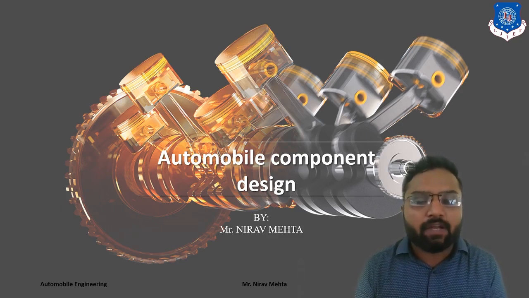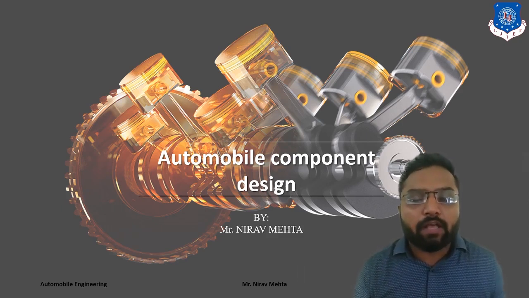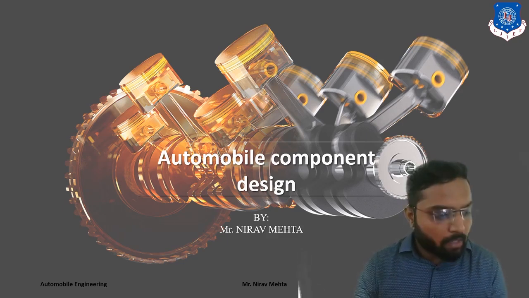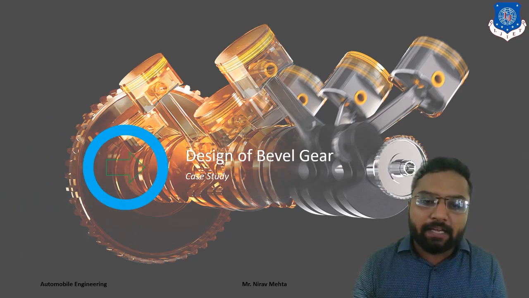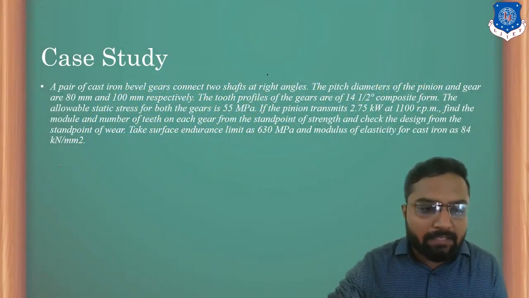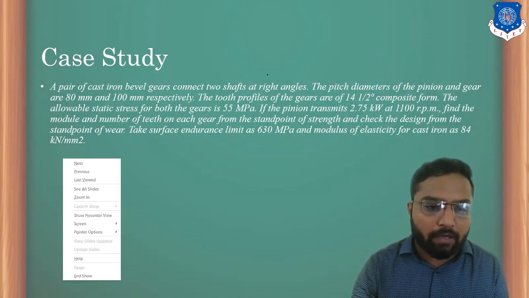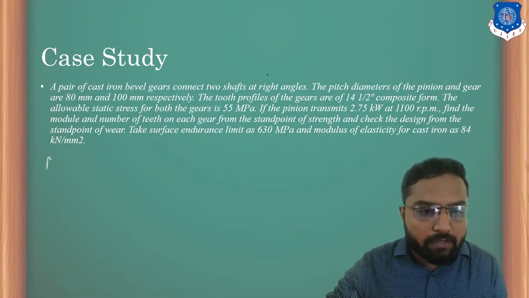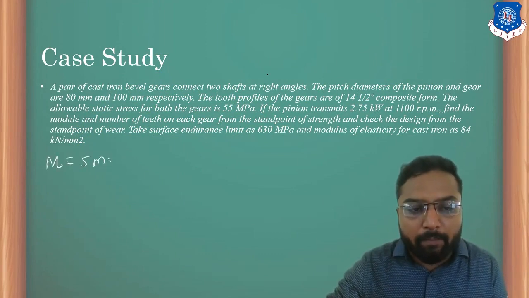Now, in this session, we are going to discuss the different criteria and dimensions, namely the number of teeth, the diameter of the gear, and ultimately the wear load acting on it. I hope you understand that point very well. In the last session, we found our module, m, equal to 5 mm.